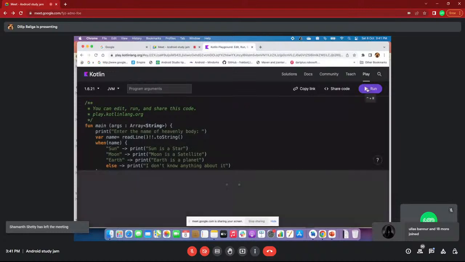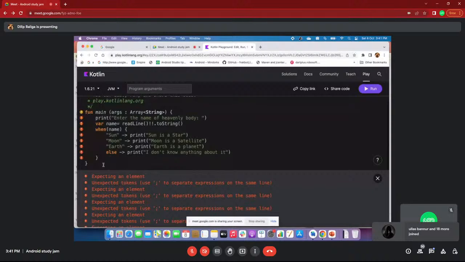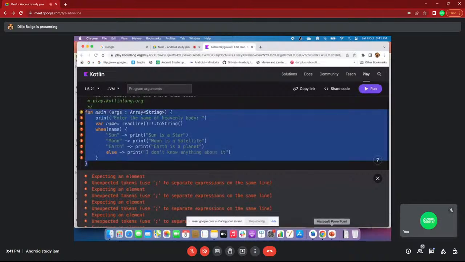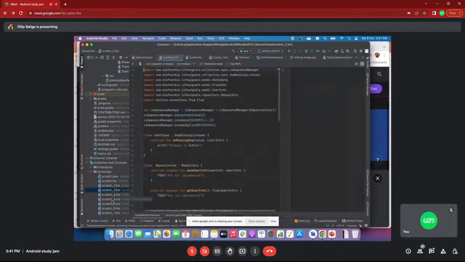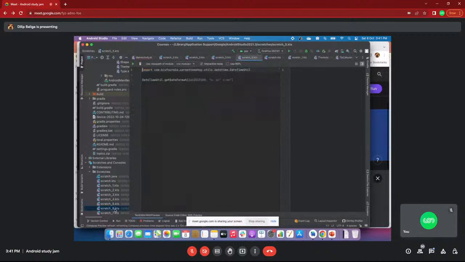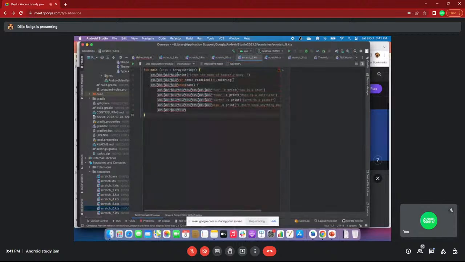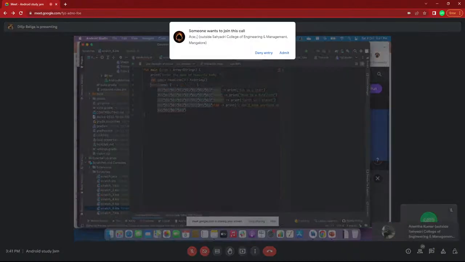Okay, here. When I copy paste, the IDE will treat it as something different. I have to modify that. Just a minute.